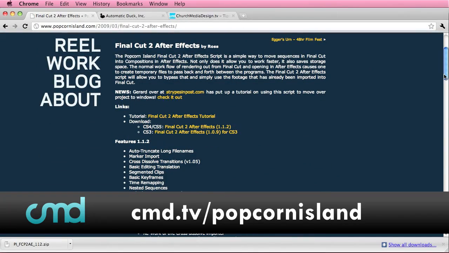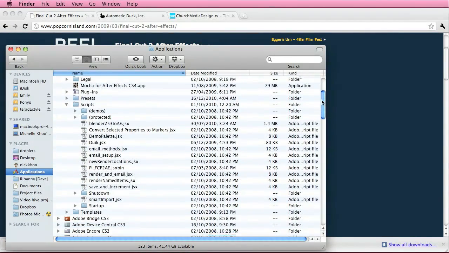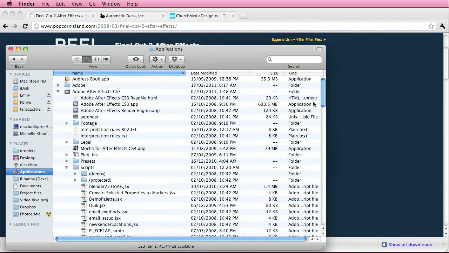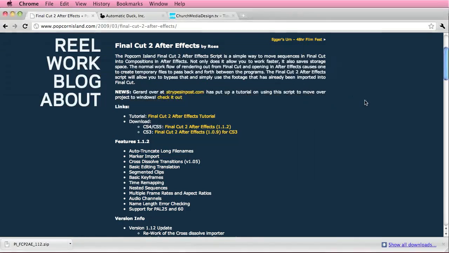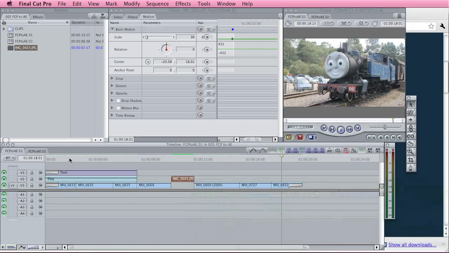Basically come here and look for the free script, which is one of these two, whatever version you have. I actually have CS3 because I have yet to update my version of After Effects. Once you download that script, you can just go straight to Finder and install it in your scripts folder, which is just here in CS3. In CS4, I think it's in the same place as well, or I think these guys actually show you how to install it. So once you get that installed, let's have a look at what you can do.